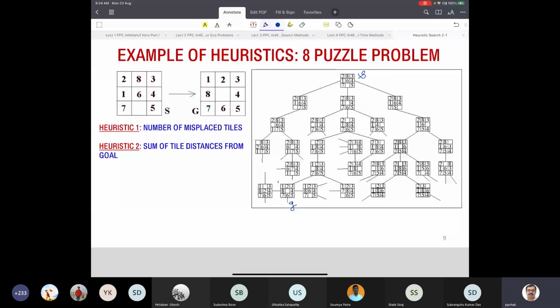So this is our goal, and there could be many other paths to the goal as well. Now we know that we can move only the blank tile in one move. So given any arbitrary state,